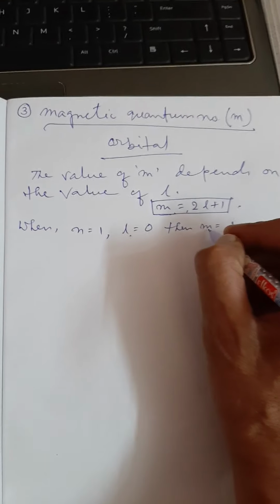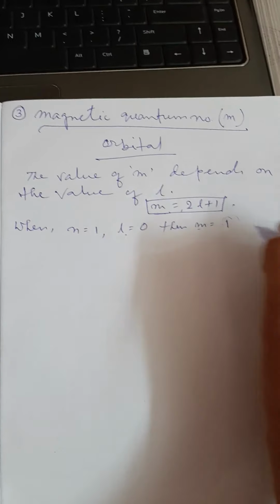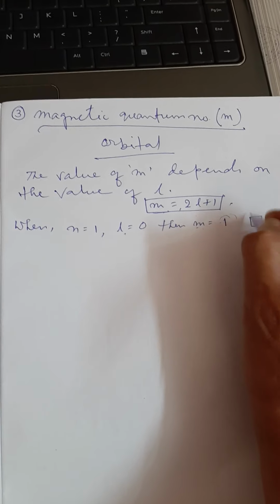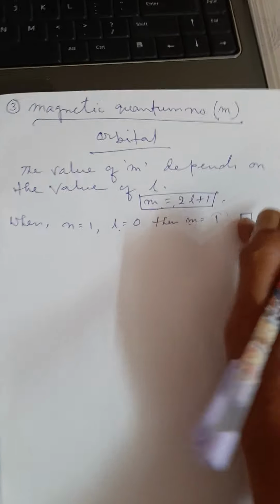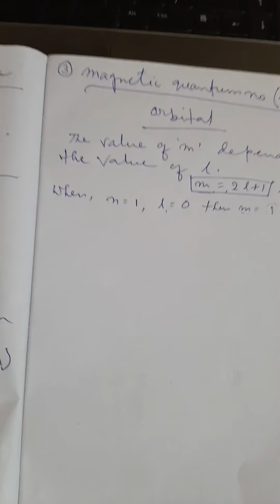Okay, S, and it is the orbital. So one orbital, we give a symbol like this, and one orbital can hold a maximum of 2 electrons. That is why the S subshell can hold a maximum of 2 electrons.